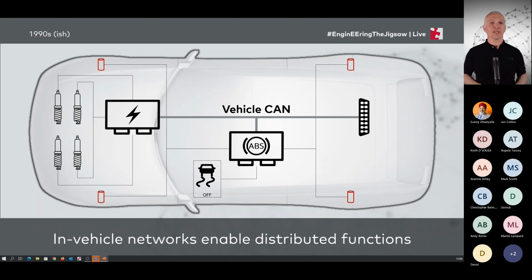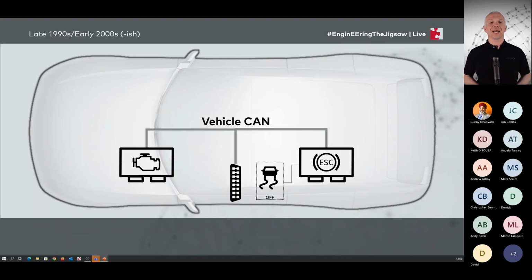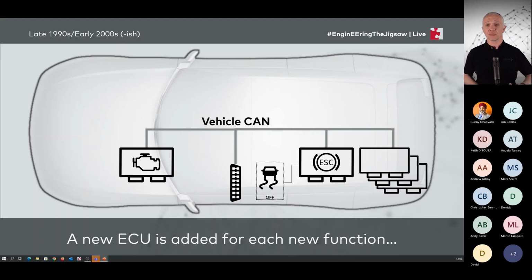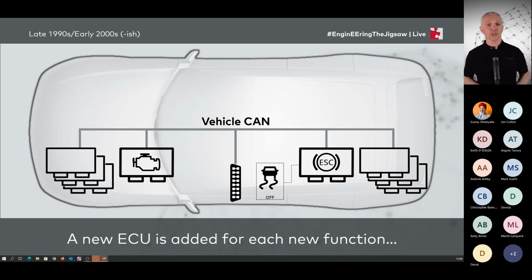So let's tidy up the picture a little bit and think about what happened as we went through the 1990s and into the early 2000s. Well, what happened is we kept adding ECUs to the vehicle every time we wanted to add a new function. So I talked about central locking system. Of course, we have things like wiper motors and window motors where we want to have one touch operation or flick wipe operation, and indicators where we want to do a flick indicate. So every time we start to add a function, we typically add a new ECU.